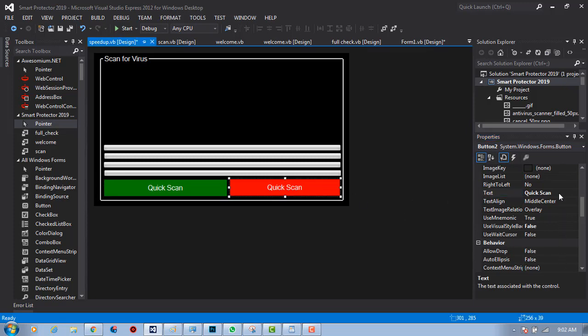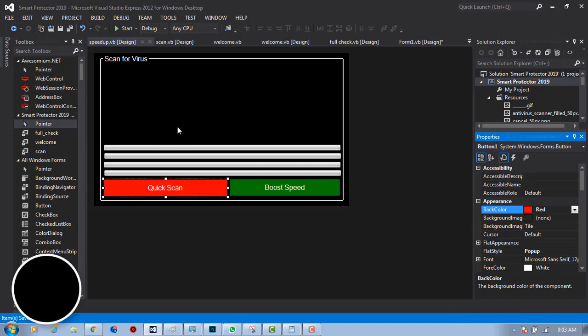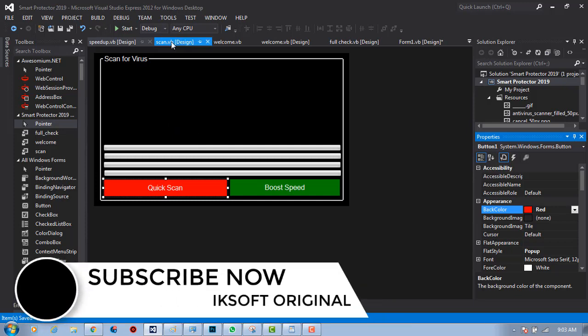And then we're going to say boost speed. Good. And we will reciprocate the colors for the background. So this is going to be the green, and then we would like to use this as red. Good. And then for this section, let's save everything, and then we would like to go back to the scan